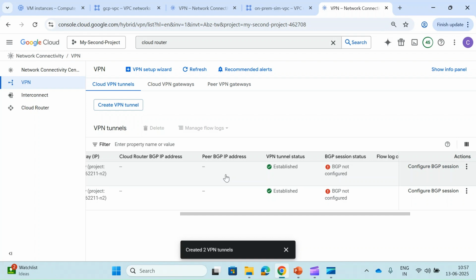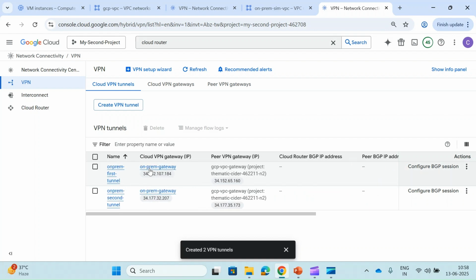So for that we need routes. BGP will share the route. It will give the proper landmark, everything, how you can reach that specific person's home with the proper address. That's why we need BGP. It will share all the route information. You have a bridge, but you cannot use that until you have the proper route information. That's why now we are going to configure BGP.